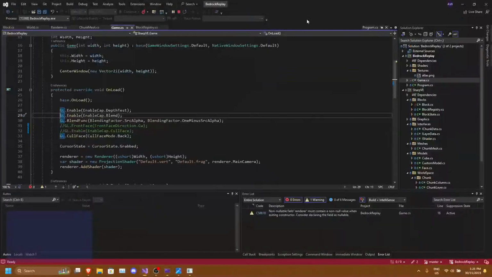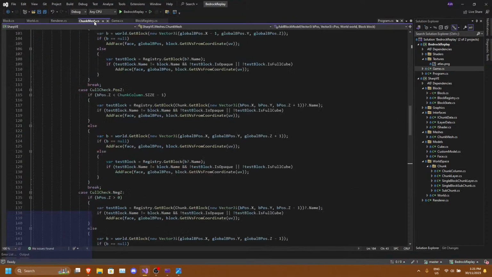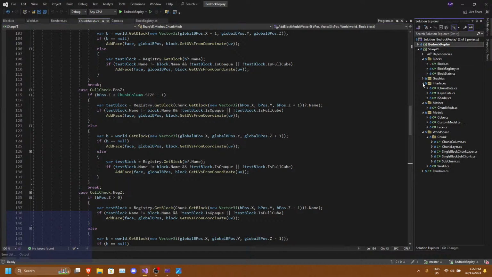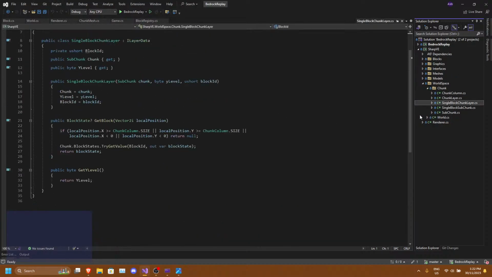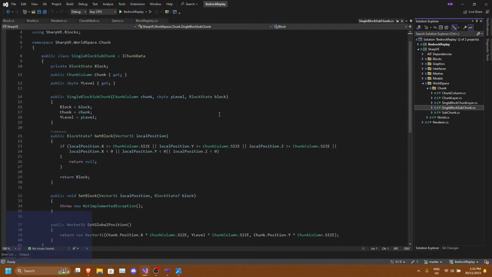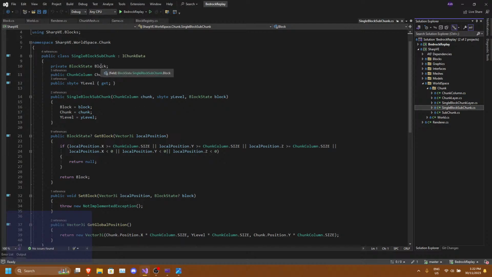Alright. So we're going to start some work on this. Right now, I have got this chunk. So it currently does the following. I've got this single block subchunk, but I can't set anything yet.